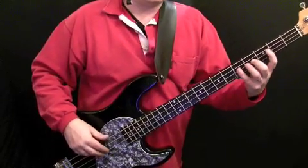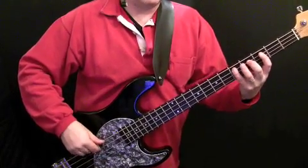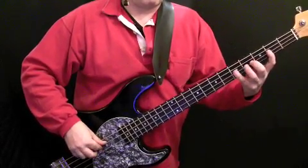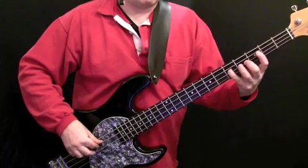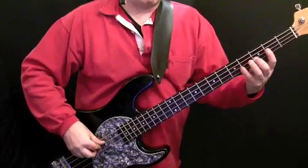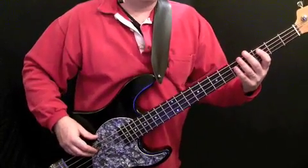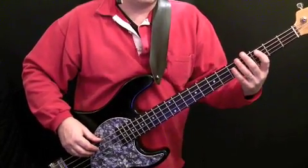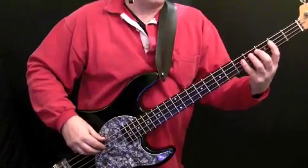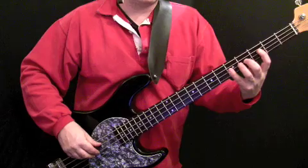1, 2, 3, 4. Okay, now there's 8 bars in the chorus, but the second 4 bars are identical to the first 4 bars, except for the last bar. So once you've learnt the first 4 bars, you've nearly got it down. Okay, the first couple of bars are...